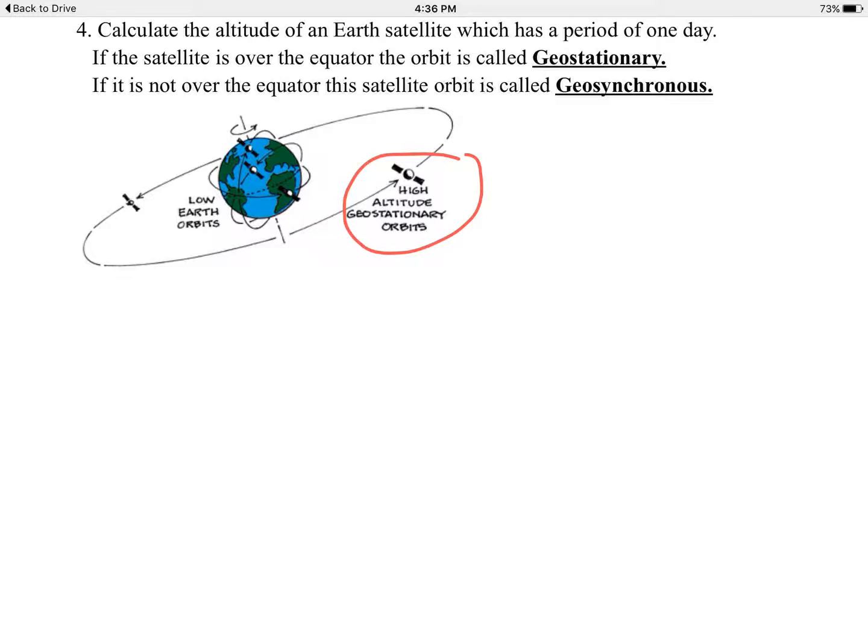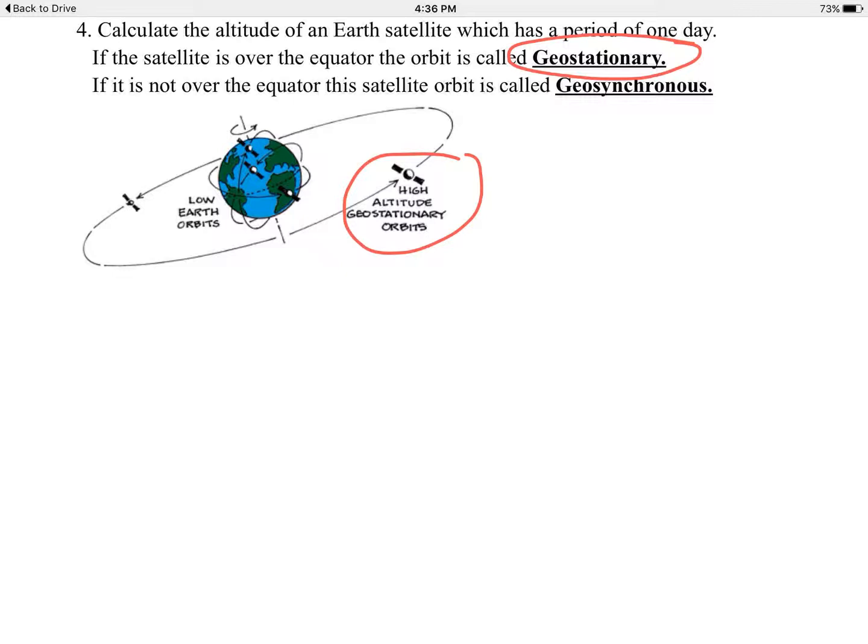But to have a period of 1 day is good because it has the satellite stay above the same spot, relatively speaking, as the Earth rotates once every 24 hours and the satellite orbits once every 24 hours. If this satellite's above the equator, we call it a stationary or geostationary orbit. It's above one spot above the equator at all times. And if you're near the South America territory or in the Pacific Ocean to the west of South America, this satellite can see the United States of America and communicate,